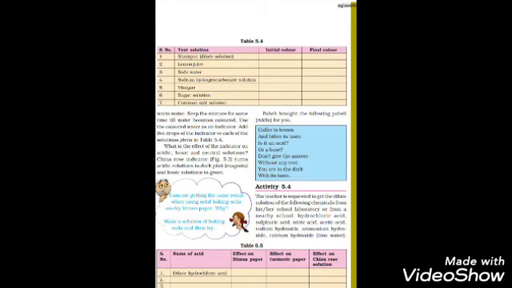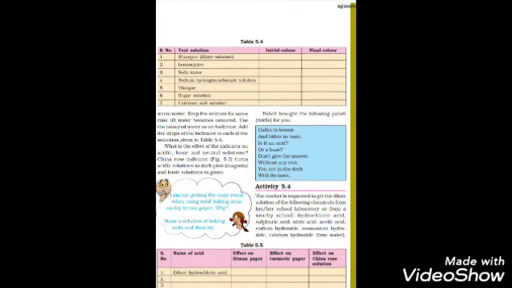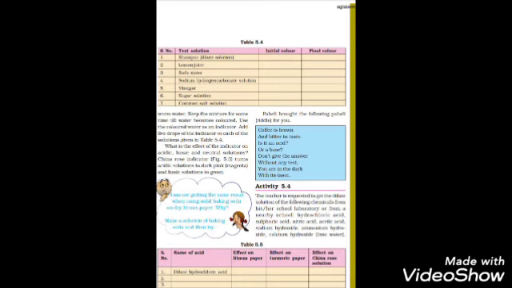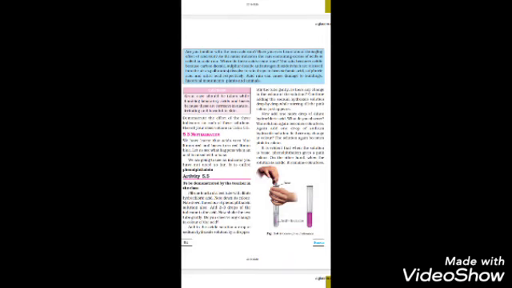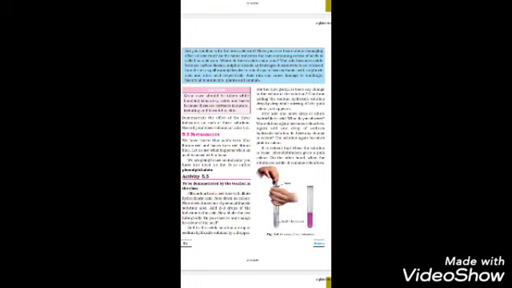Now we have to demonstrate the effect of 3 indicators on each of these solutions, and we have to record the observation in table 5.5. Here see, in table 5.5 it is given the name of the acid, which is dilute hydrochloric acid. What effect does it have on litmus paper, on turmeric paper, and on China rose solution? I mean, litmus changes to which color after putting a drop of this hydrochloric acid, because it is acidic? Now what is the effect on turmeric paper and on China rose solution? What color will it turn?